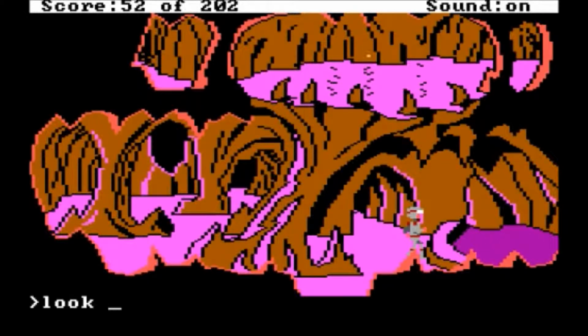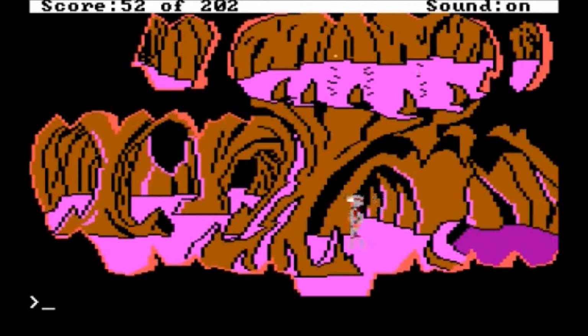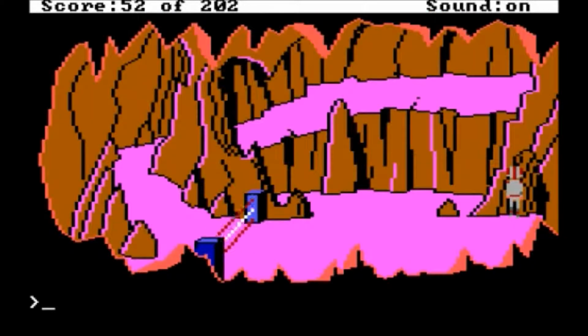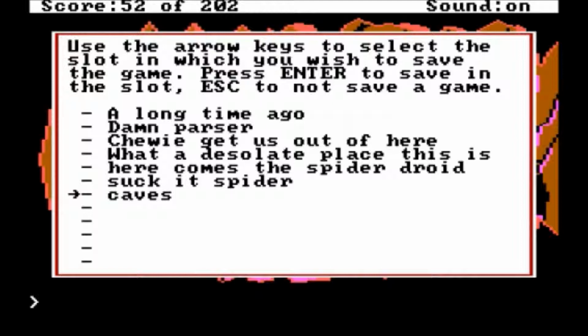Not really, but let's look at it anyway. You gaze intently at the purplish pool of liquid, the first real sign of moisture on the planet. The pool seems to have no bottom. Yeah, anyways, I don't know if you can do anything with it in this game, but in the remake, yeah, that's acid, and you're in for a pretty horrifying death should you try to mess with it. Yeah, for some reason,